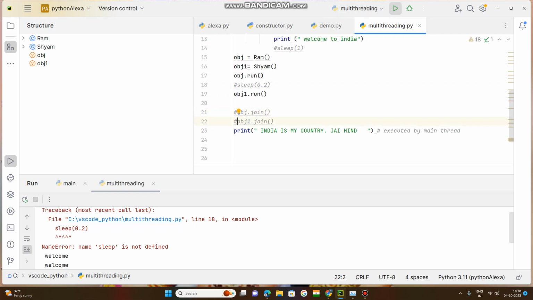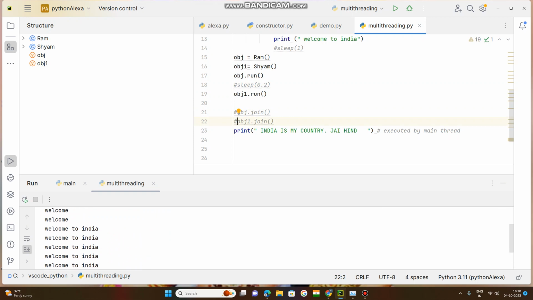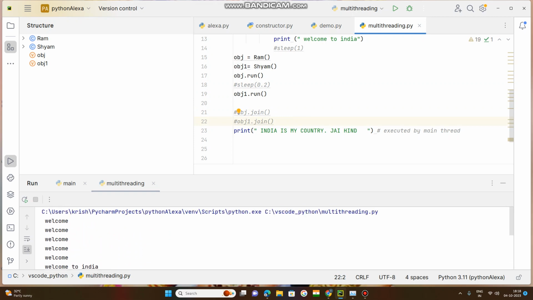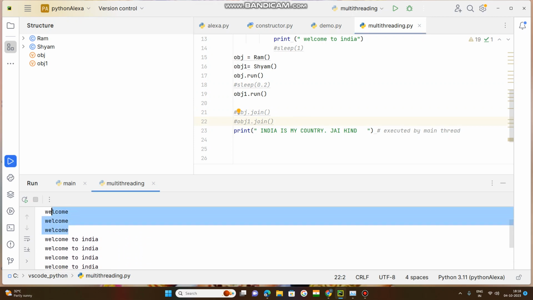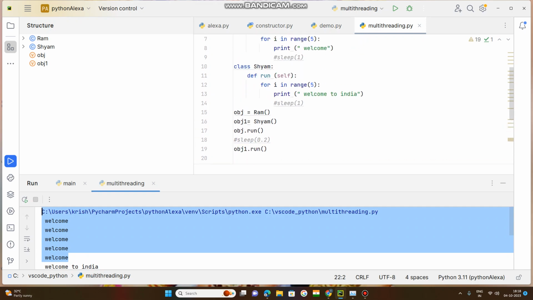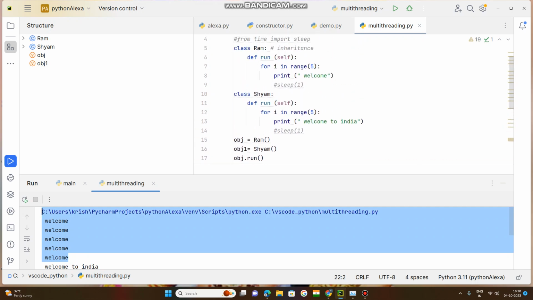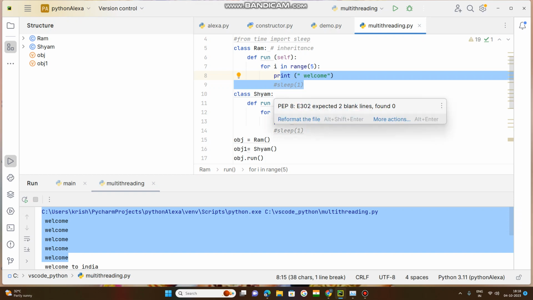Now let us see what is happening here. Okay, the first 5 lines of code are executed as per the for loop. The main thread executed them one by one, there is no multi-threading here. Whenever this for loop terminated, after that it comes to read the second class. So welcome